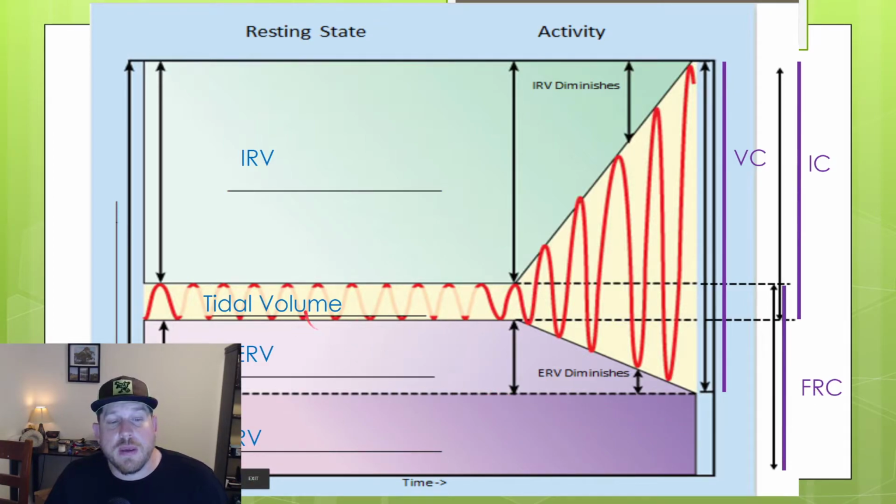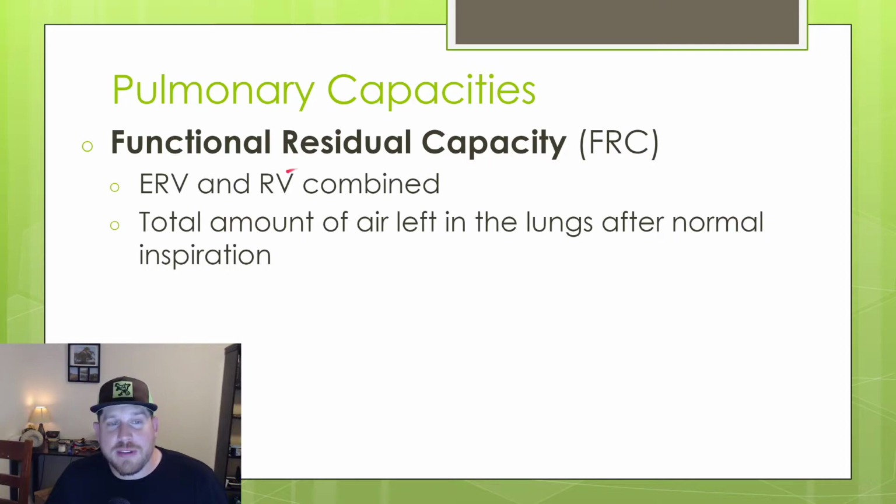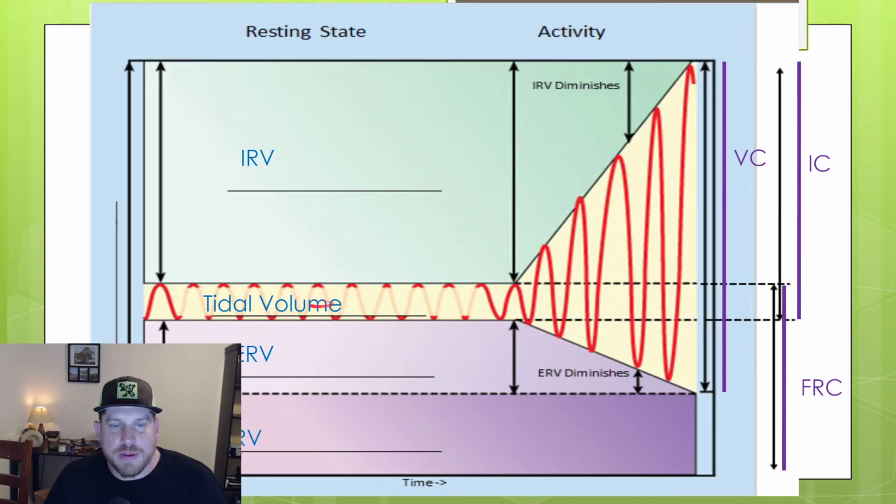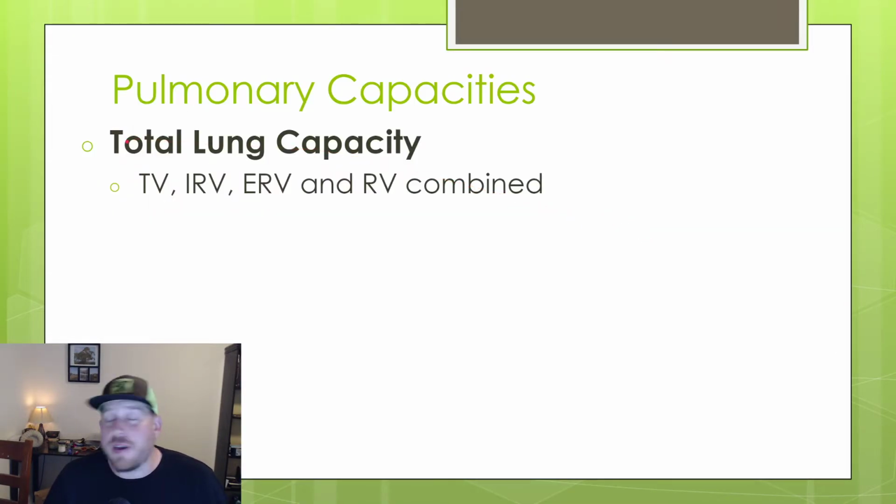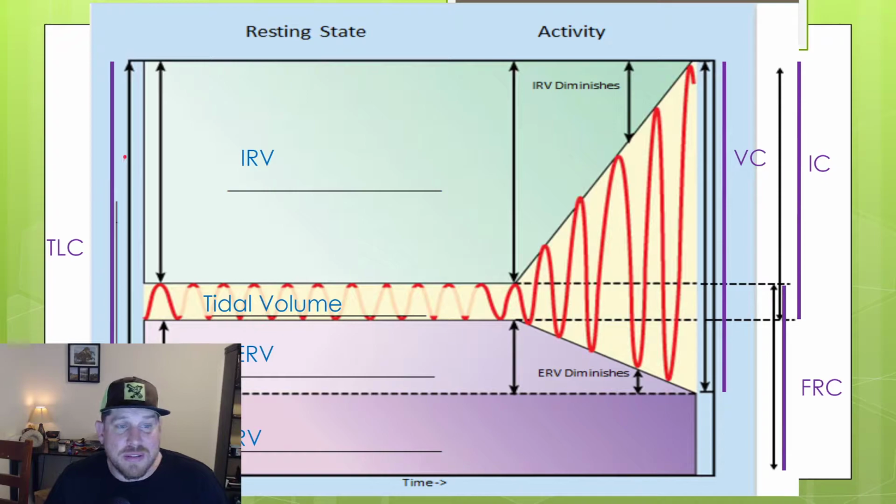It's all good. Functional residual capacity, meaning the amount of air that you can hold in and use in your lungs, is when you combine your ERV and your RV. That's all. So here it is, and that's your FRC. And finally, your total lung capacity, which is something you actually can't really measure because you don't